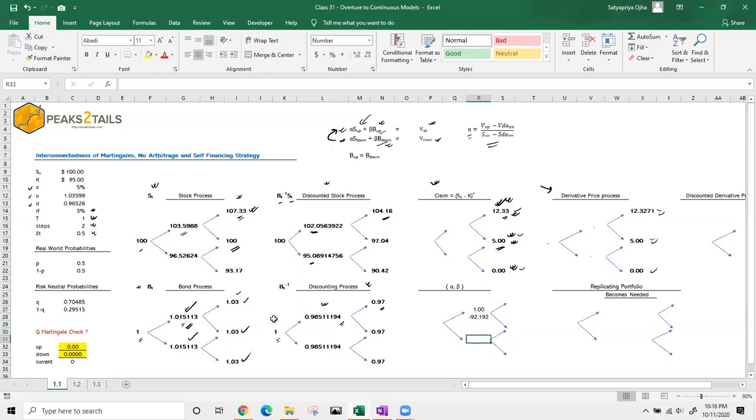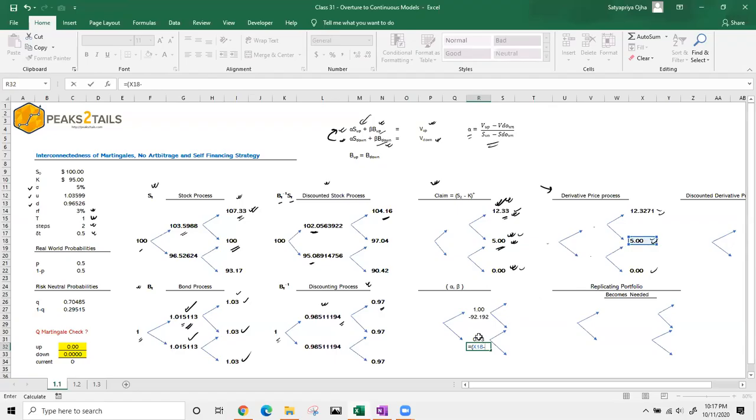And similarly, let's complete this one. So for this node, in the up state, my derivative price would be 5. In the down state, my derivative price would be 0. And corresponding stock states are 100 and 93.17. And bond is always same, 1.03. Okay, so let's do that. Alpha is V up, I'm talking about price, V up minus V down divided by S up minus S down. Correct? Yeah. And then beta would be V up